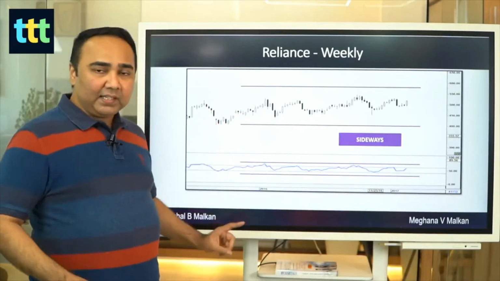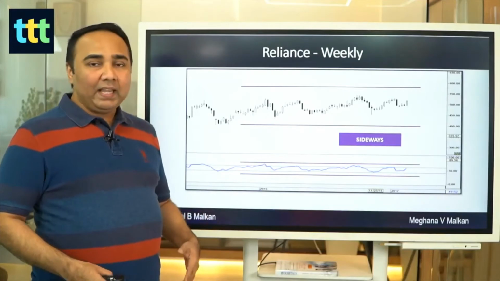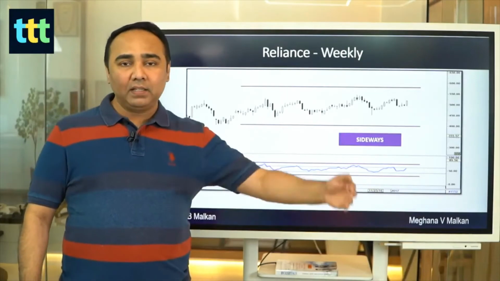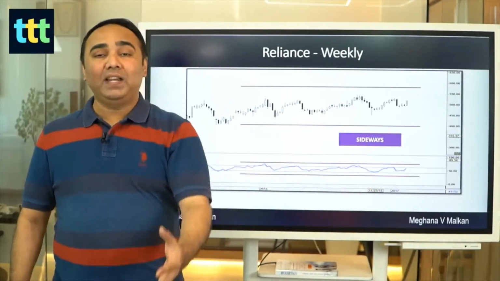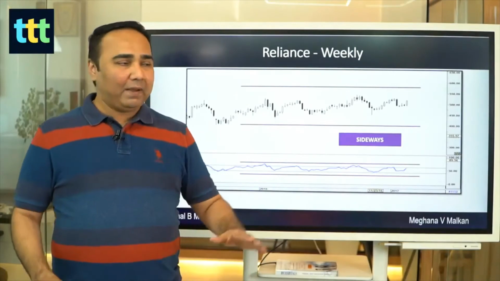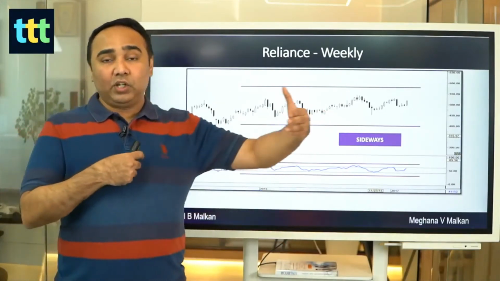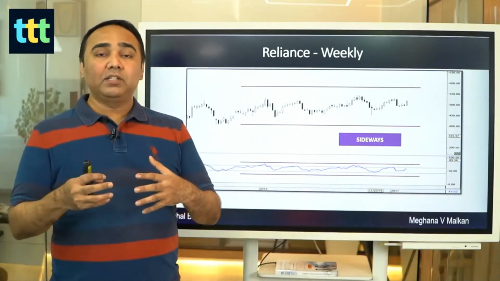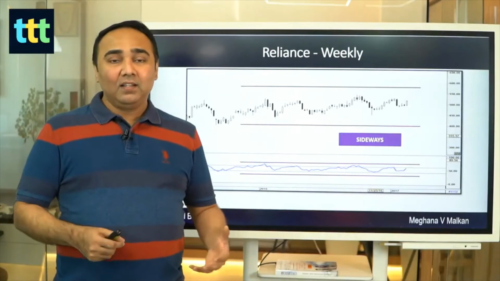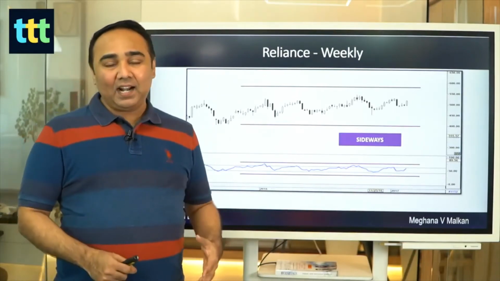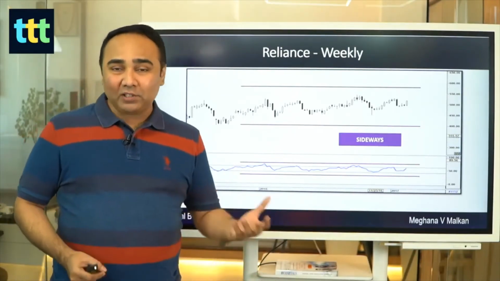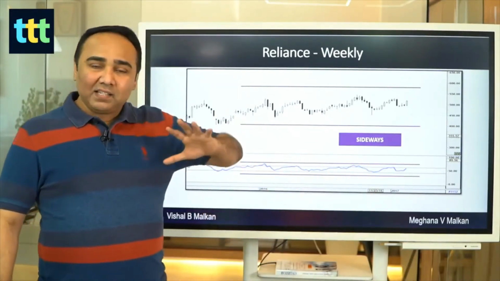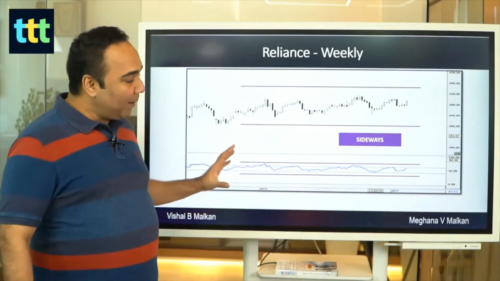Now, one more piece of information I would like to give you: this 60-40 is applicable to all time frames. Whether it's a daily chart, a weekly chart, a monthly chart, a 5-minute chart, a 15-minute chart, or an hourly chart, everything is the same range shift. If it's above 60 on a monthly chart, we call it the grandfather, the long-term trend is up. If it is above 60 on a weekly chart, we call it the father, which is the medium-term trend. If the daily chart is above 60, that means the short-term trend, or the son. So grandfather, father, son, and you can go lower than that also, like hourly or 15 minutes. The same rules, the same concepts, and the same trends apply to sideways.